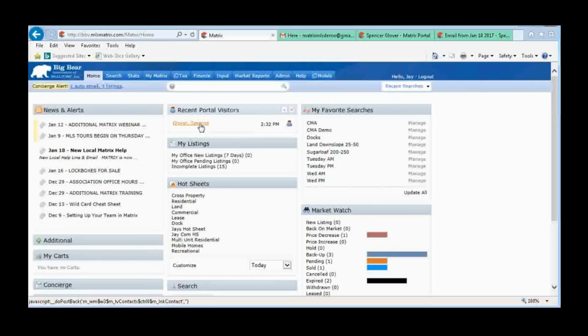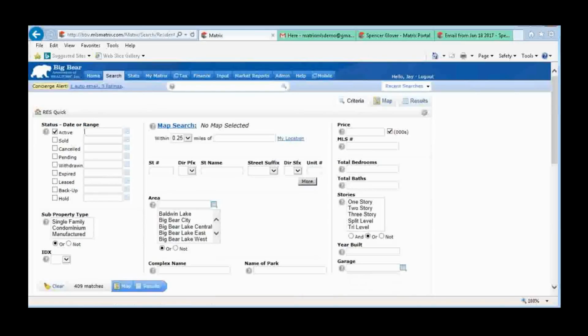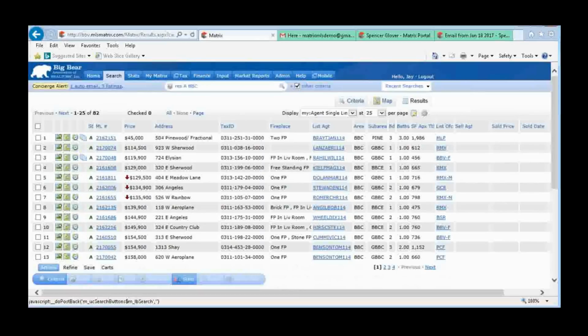One question that has come up recently is about saved searches. When I talk about saved searches, I talk about searches that were run, named, and saved. So it's a named search, maybe a farming search or something like that. In Matrix, the way that you do that is you simply go out and run your search. So again, I'm going to run a search and get my results. Once I come up with my results, I can come to the bottom of the screen and click Save,